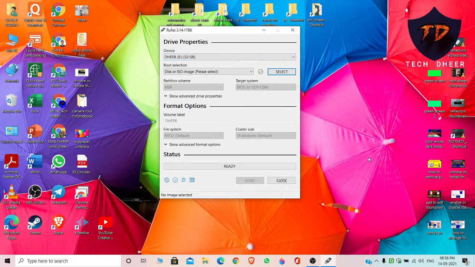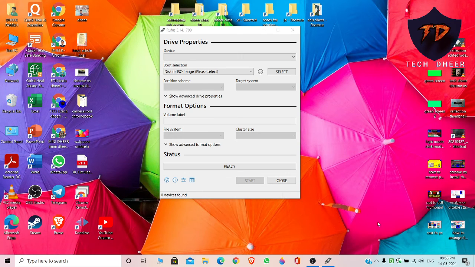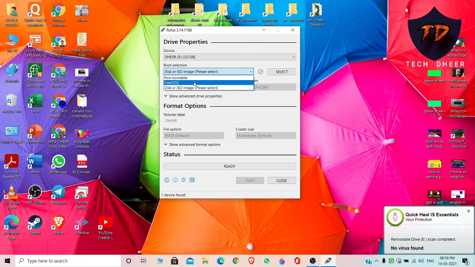And for making a USB drive non-bootable, what you have to do is, I'll just eject the Cruzer Blade. Always eject your pen drive before removing it. Okay, so I'll just take my pen drive out, and then I'll plug it in again. And when I plug it in, you can see it comes again. And you can even install FreeDOS operating system.